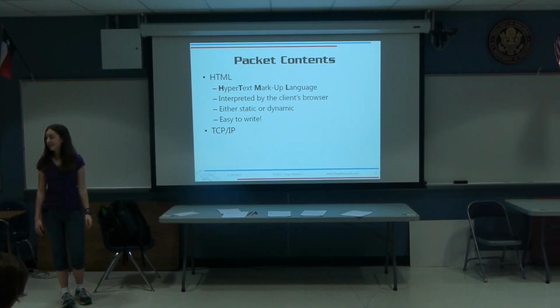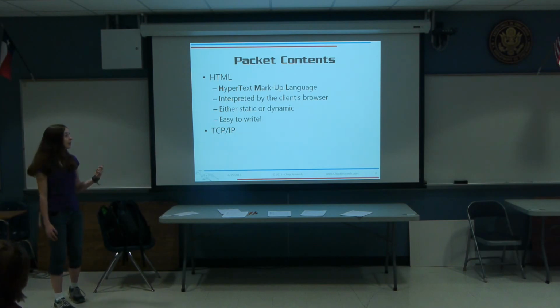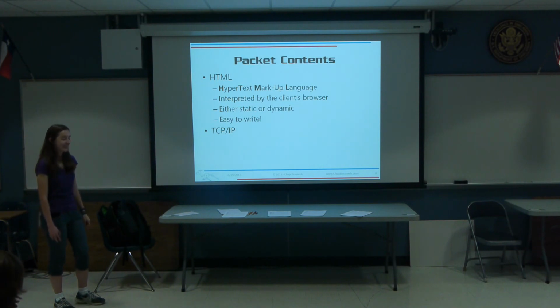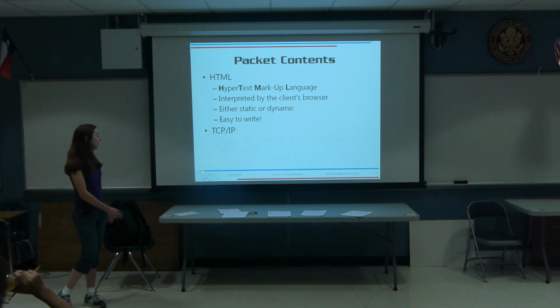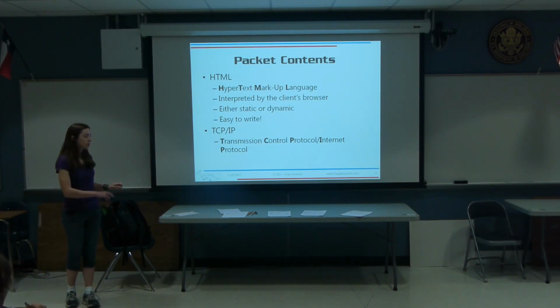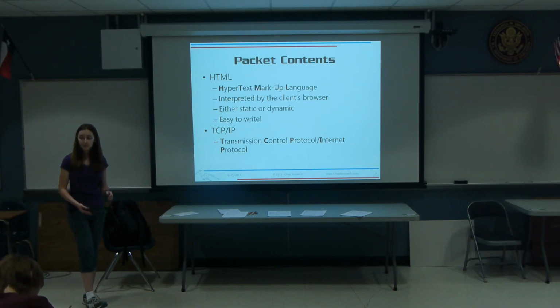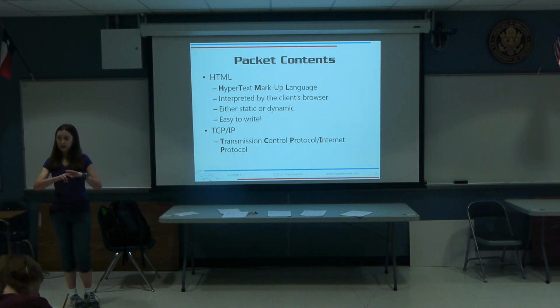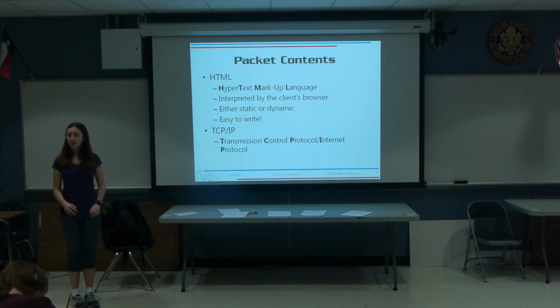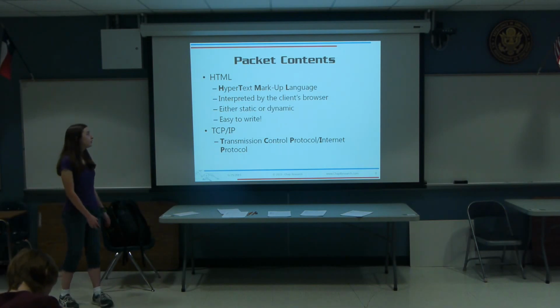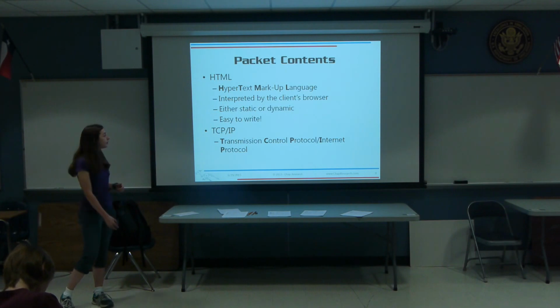What is TCP/IP? Anybody happen to know what it stands for? I only know the last part, Internet Protocol. Good job. All right. So transmission control protocol, internet protocol, you don't have to have that memorized. The idea is just that these are two really important protocols to the way the internet works. I think TCP is how it takes things and separates them into packets and how it puts it back together, and then IP is how they're transmitted. But no one really cares exactly which is which. You just have to be able to throw around the acronym if you know what you're doing. Everybody good with that? Yes.